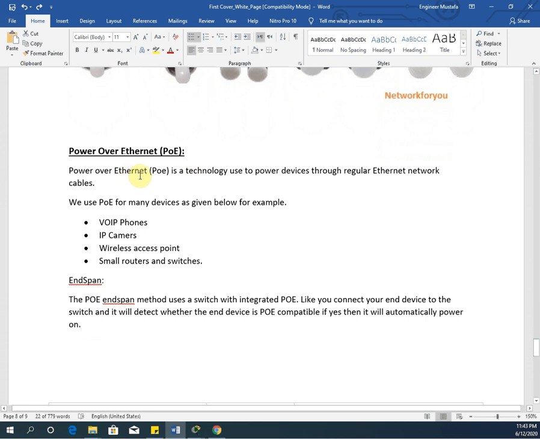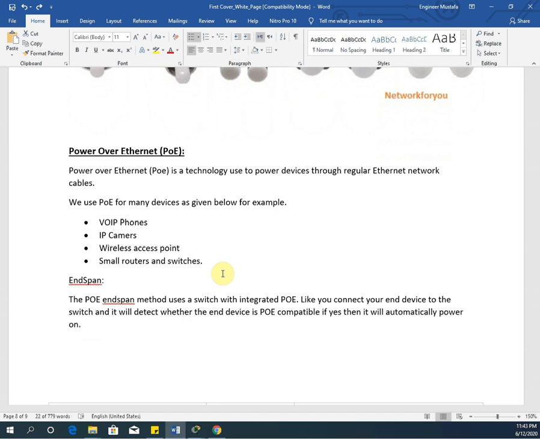So see here, Power over Ethernet is a technology used to power a device through a regular Ethernet network cable. We can use PoE for many devices as given below: VoIP phone, IP camera, wireless access point, small router, small switches. We cannot say that for all devices, like a server, we can give the power with the Ethernet cable.